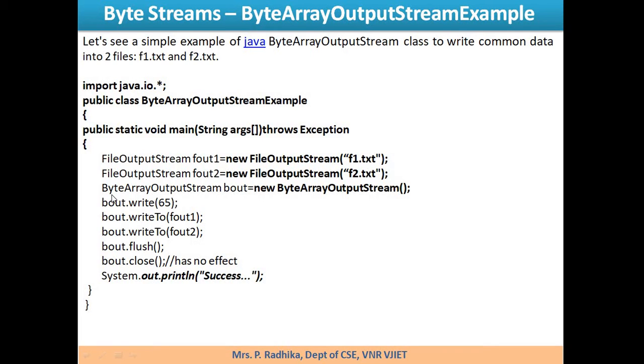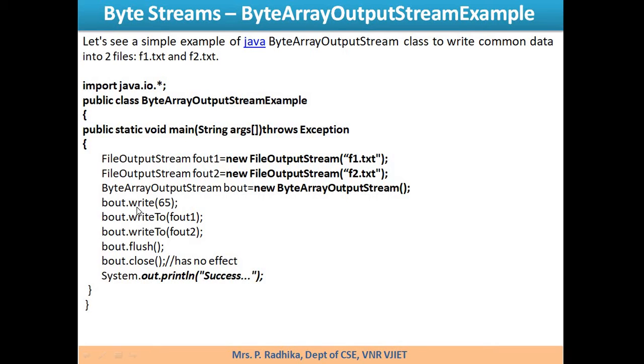After that, we have used a byte array output stream: bout equals new ByteArrayOutputStream. Observe that we have not passed these objects as parameters here, unlike the other classes in which we were passing the objects that we created in the previous line. So for this purpose, we have to use the writeTo method.